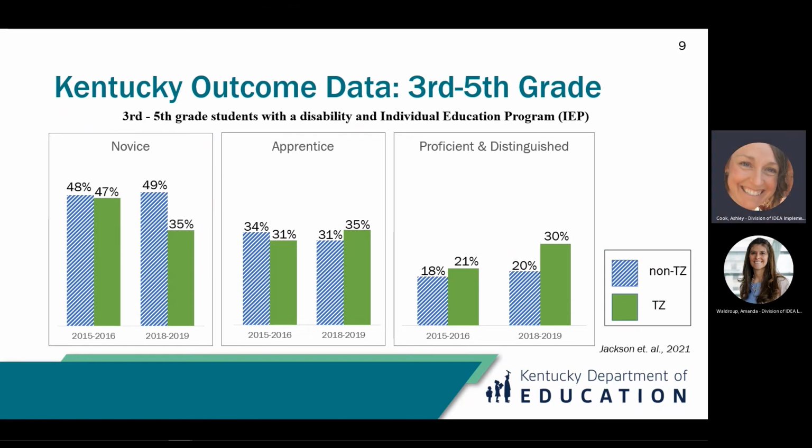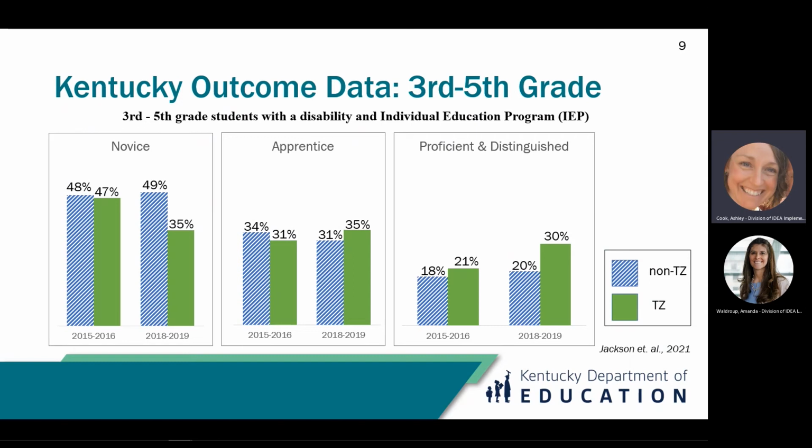And so as we look at these data, what we notice is in that novice category, our non-TZ school saw a slight increase for students with disabilities between third and fifth grade in the novice category, whereas the transformation zone schools saw a pretty significant decrease in the percentage of students performing novice. When we look at the apprentice category, the non-TZ school had a decrease where the TZ school had an increase. And of course, apprentice is a little bit of a more complicated category to consider, since we don't know, was the increase that students went from novice to apprentice or from proficient to distinguished,